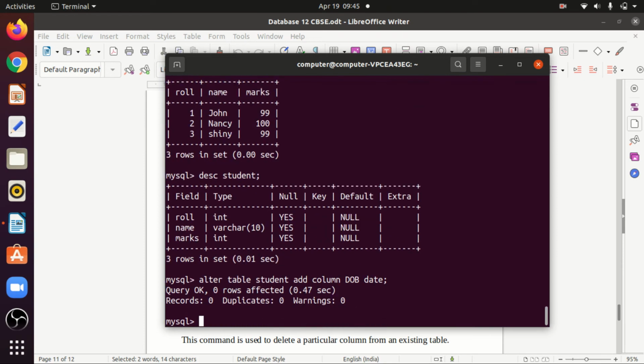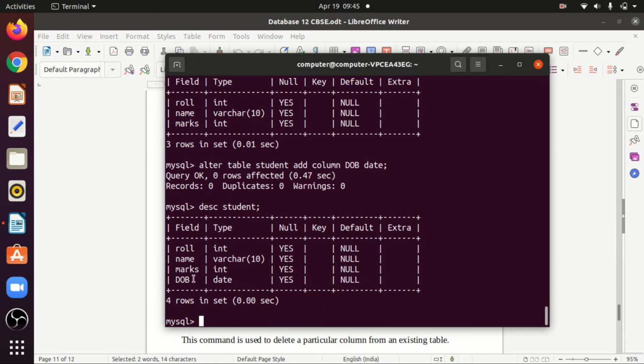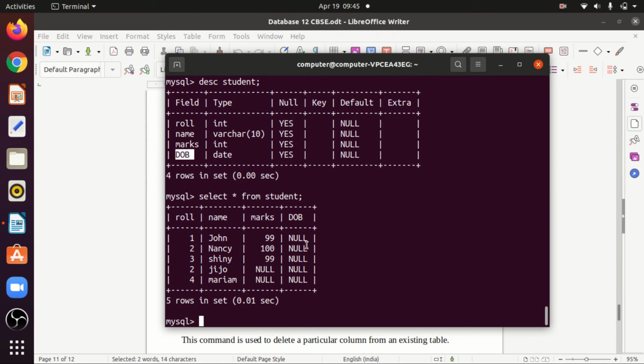This is done. If you see the structure, this has been added. But if I see the details, select star from student, this is null. By default, null is allocated to the column that has been added.